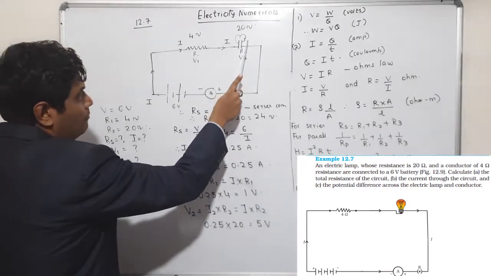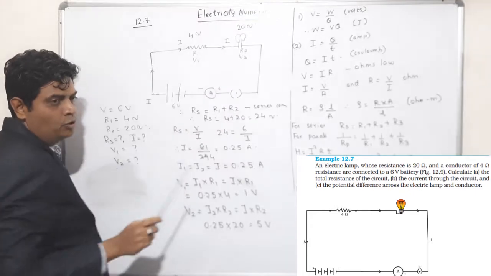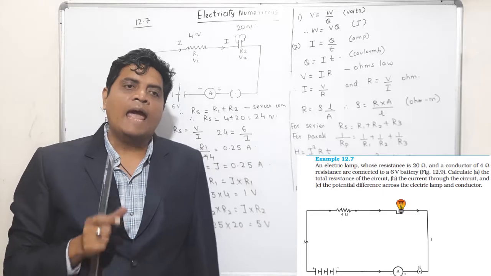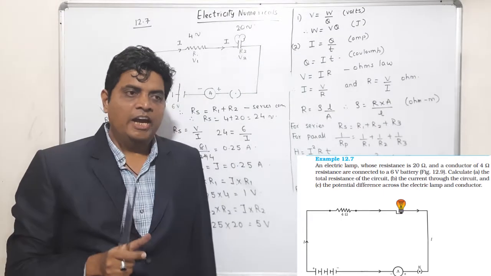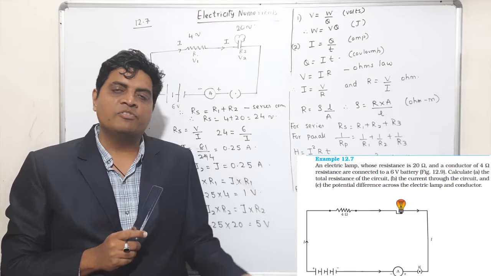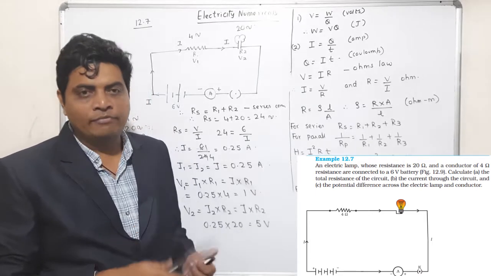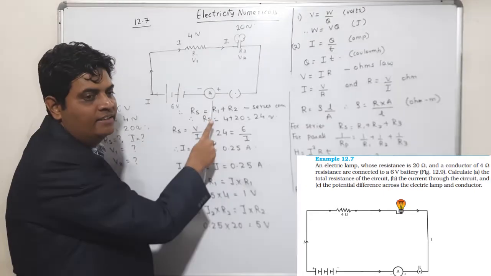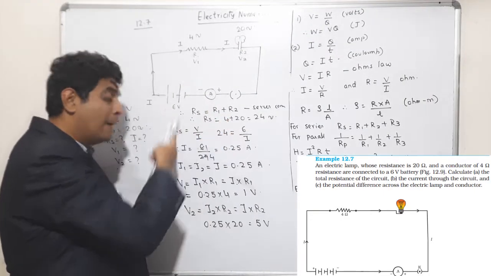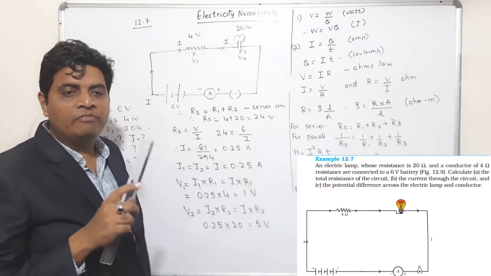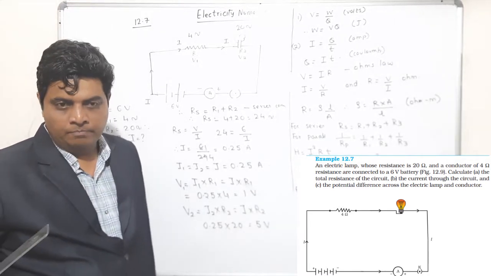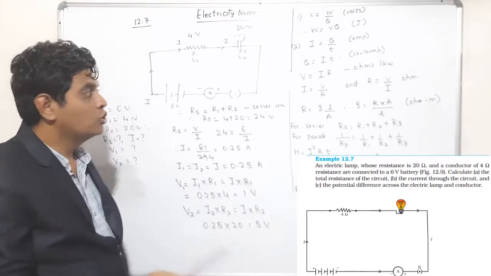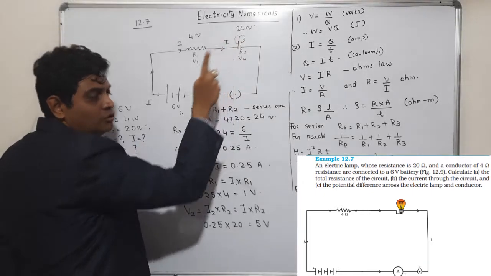There is an electrical lamp. Its resistance is 20 ohms. In a circuit, whichever element is there, it will have some resistance. If it is given that it has this resistance, we have to take it. Otherwise, we have to assume that the resistance is negligible. In fact, the ammeter also has a resistance, the key also has a resistance, the battery also has an internal resistance, but we have to ignore it if it is not given. Any element in a circuit will have a resistance. So this bulb has a resistance of 20 ohms.